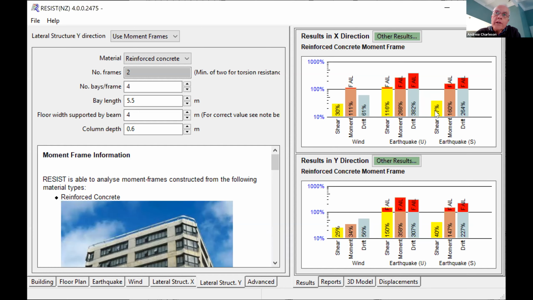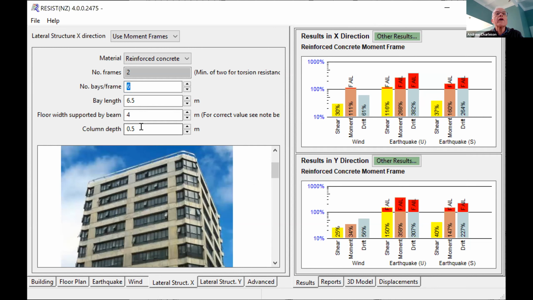So I've got 2 options. I can add more frames, but that is not a good decision because when we looked at the interior of the clinic, there weren't very many obvious areas for other frames. Or the other option is to increase the sizes of my beams and columns. That's the most economic choice. So I go back to the X direction